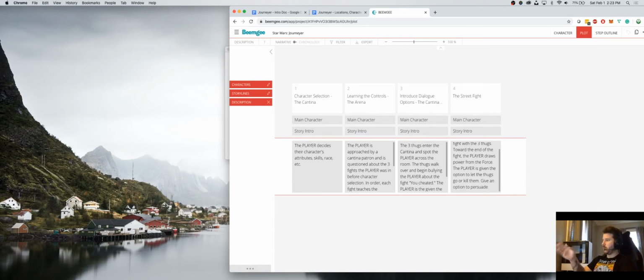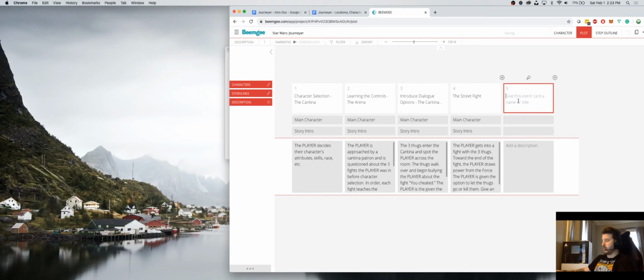Okay, so there's a street fight. The next card is going to be going home to your residence. Going home. We'll just call it a...